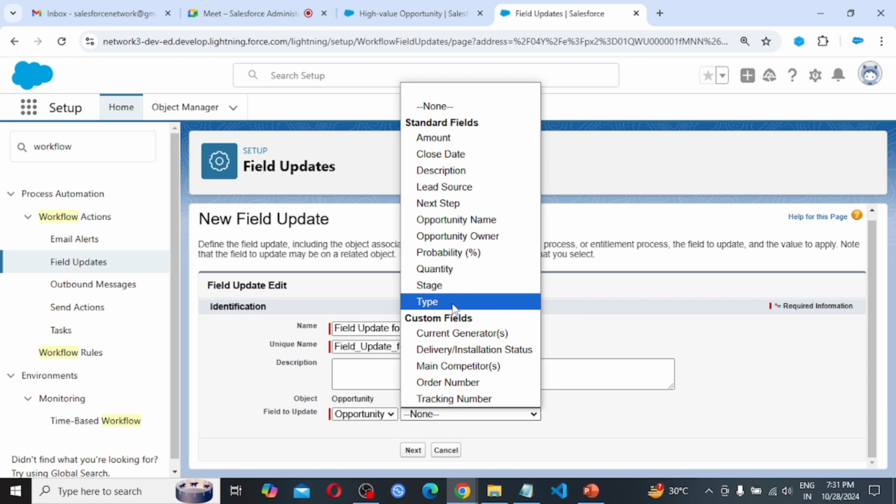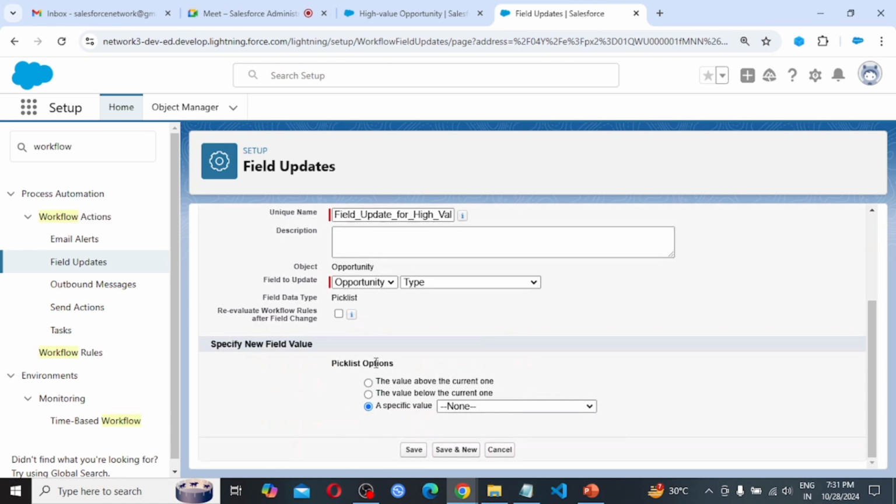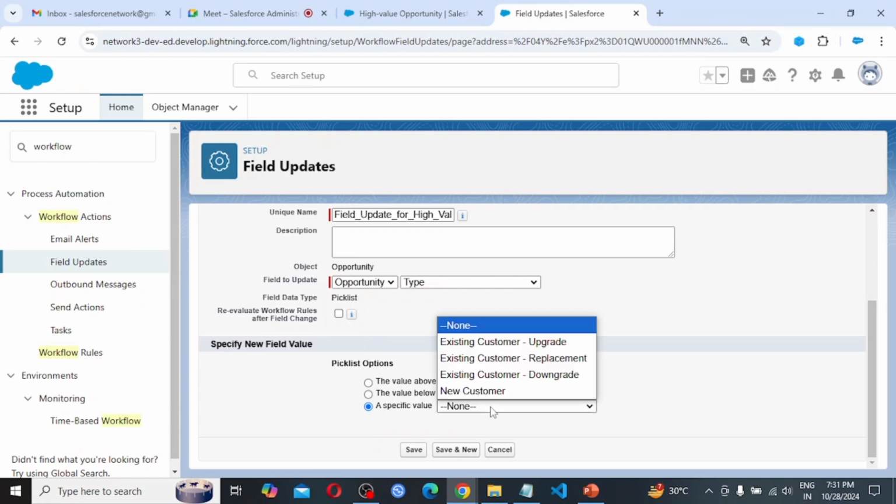here I want to update the type of that particular opportunity record. So what the type I am going to make it. So it's like field data type pick list, and here from this pick list I am going to select the value new customer.